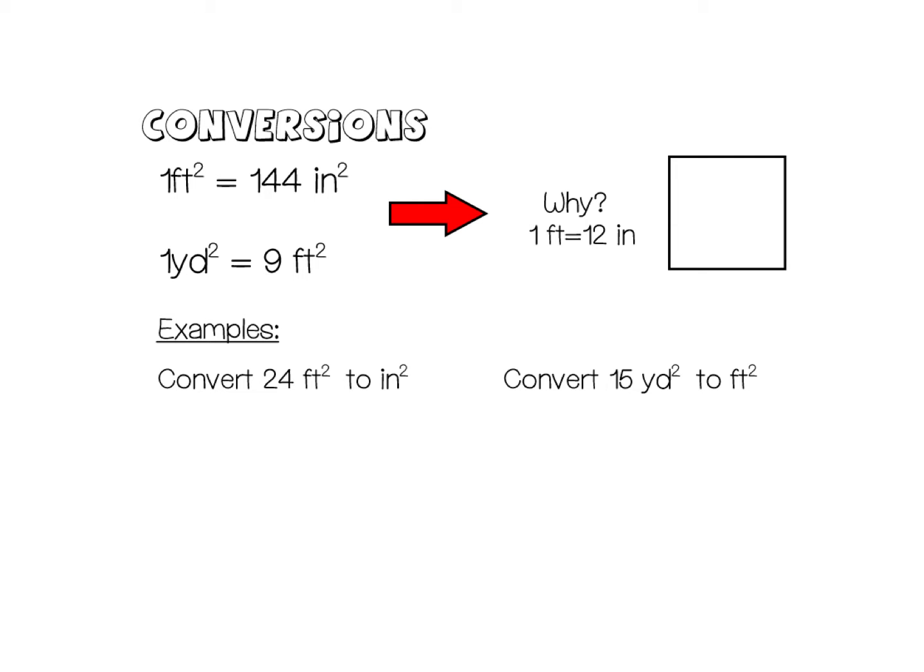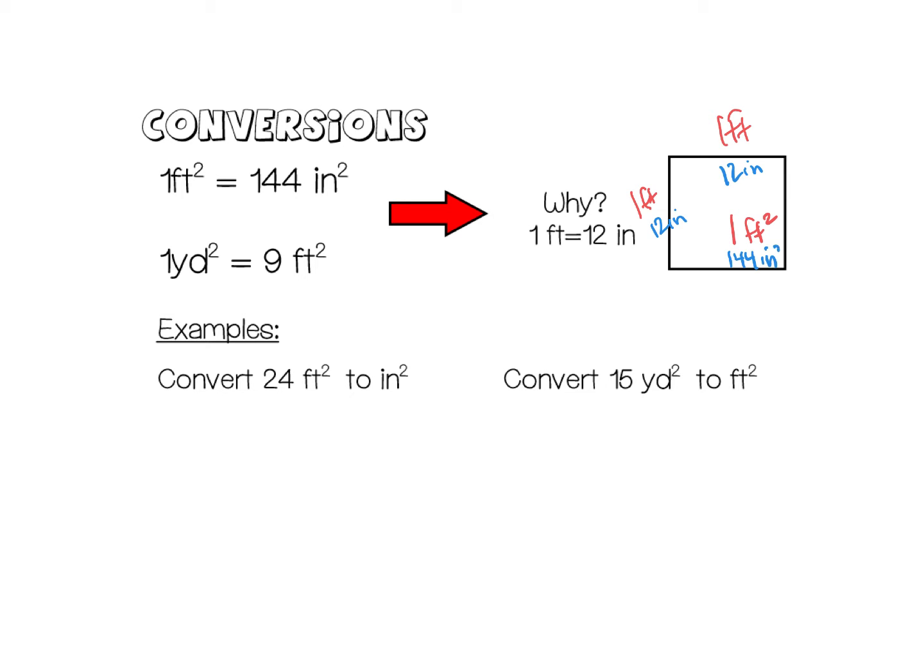So first of all, we need to talk about converting square feet, square yards, square inches, that sort of thing. What we need to understand is that 1 square foot is equivalent to 144 square inches. So let's think about this. If this square over here is 1 foot by 1 foot, another way to write 1 foot is 12 inches, right? Now if I look at 1 foot by 1 foot, that is 1 by 1, so 1 times 1 is 1 square foot. But if I look at the area of this square in terms of inches, 12 inches times 12 inches is